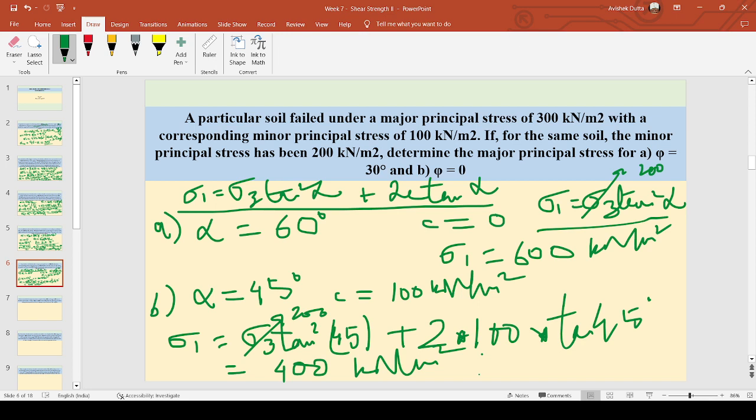So the main equation, sigma 1 equals sigma 3 tan square alpha plus 2c tan alpha, we use in the two separate cases to find out alpha and the corresponding value of cohesion. Using the modified equation, we find out the value of the major principal stress for the changed value of the minor principal stress. I hope it is clear. I go to the next